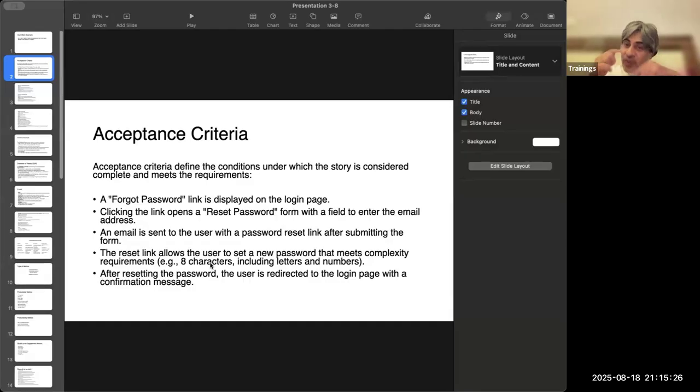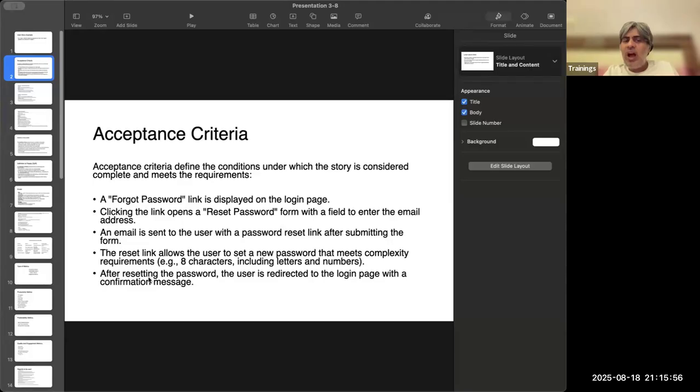So if the PO is frequently changing the acceptance criteria, then that's a big problem. He has to give you the requirement that he can hold his ground at least for 10 days. If that is not happening, then it is a problem. So acceptance criteria is the base on which this building will be built. Acceptance criteria is the agreement between PO, developers and testers on what they are going to build.